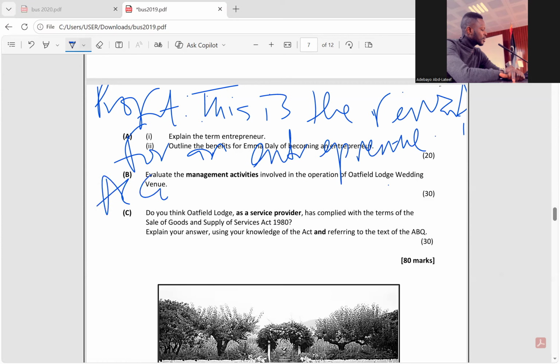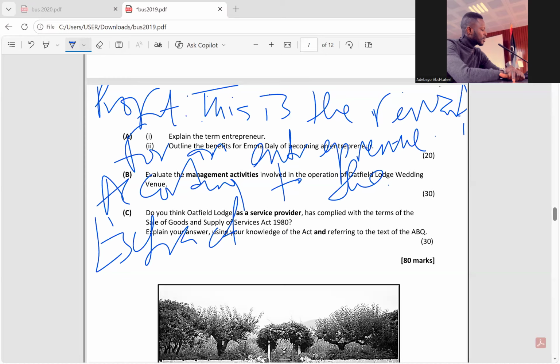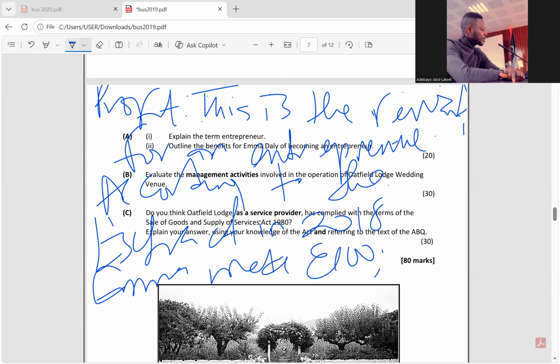So according to the extract, she made 100,000 euros, right? According to the extract, in 2018, Emma made 100,000 euros profit. And that is a benefit, yes or no? Great, that's done. Then we have, I think, is it 2 I wrote or 3? I wrote 2. Okay, 2 is fine.